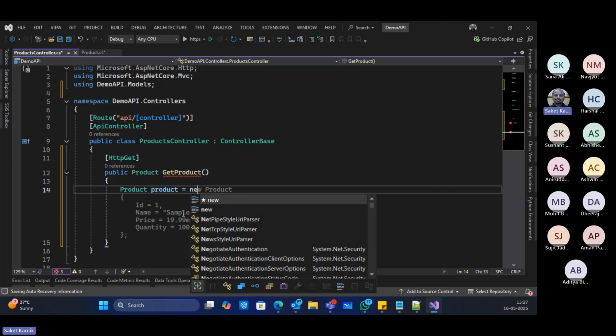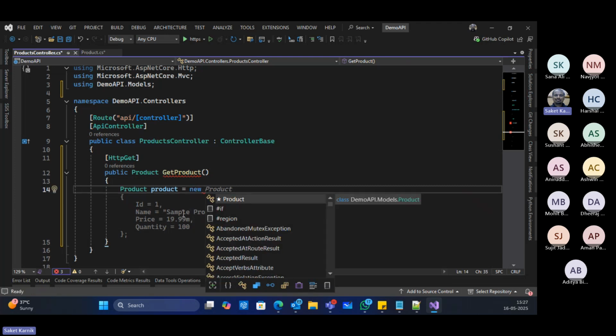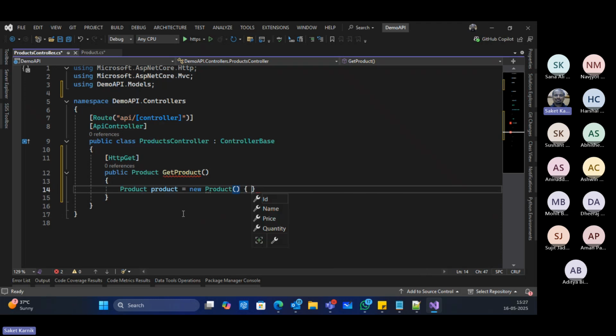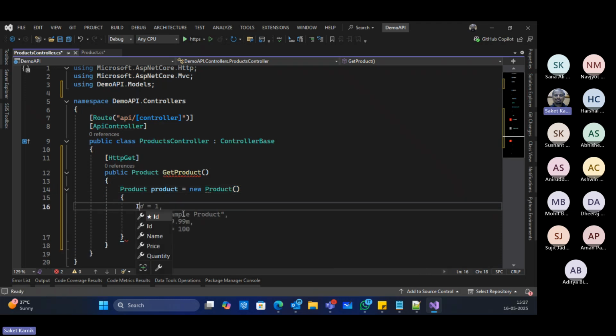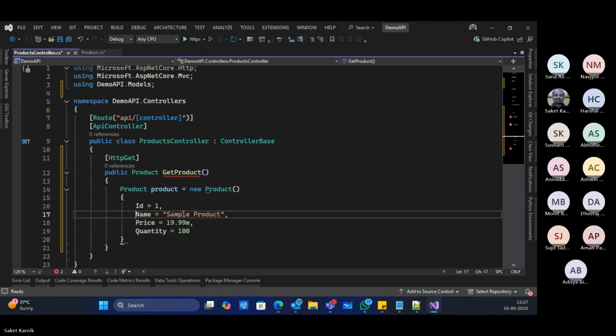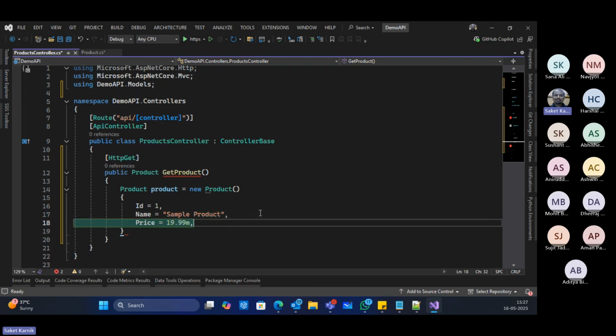Equal to new product. This is IntelliSense. Okay. And again, when I say ID equals 1, name, this is IntelliSense here. Whereas this auto generation sample or suggestion which is coming, this is because of the Copilot. If you don't have Copilot, this won't come.